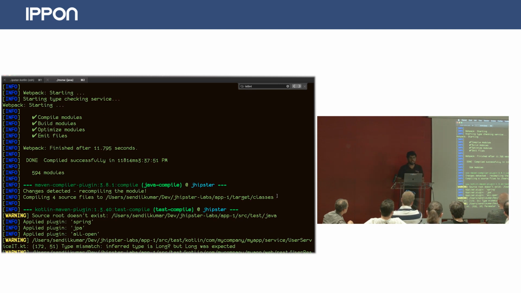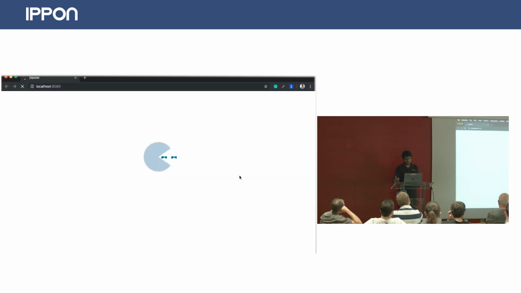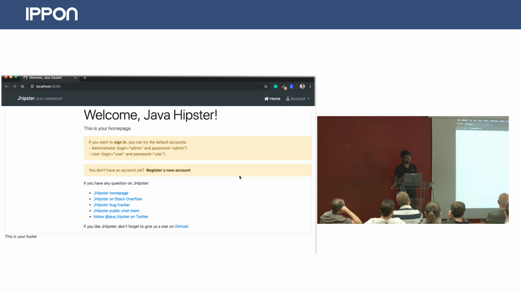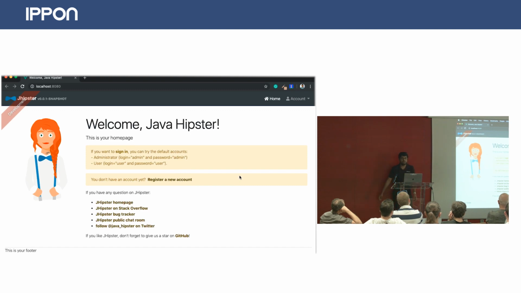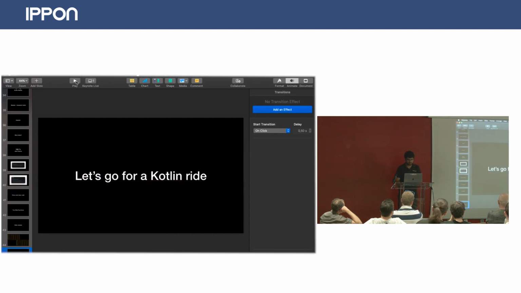So at compile time, just like any of the JavaScript libraries that you might have, like Prettier and things like that, that help you lint your files on the go, you can do the same thing with KT-lint. And that's one of the good advantages that we have. So it's the same application that boots up. It looks exactly the same, but the backend is completely written in Kotlin. That's the difference. Let me go back to slides.